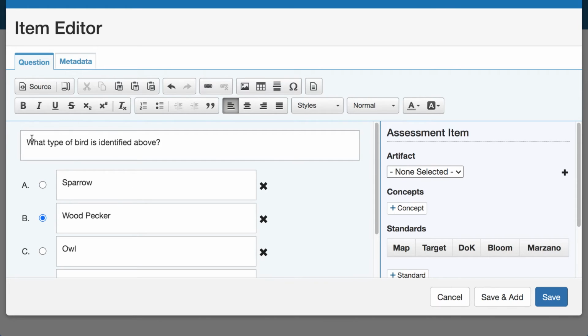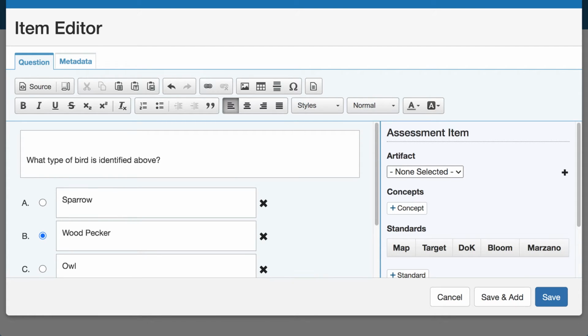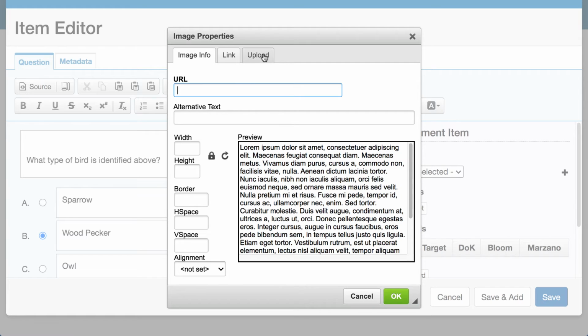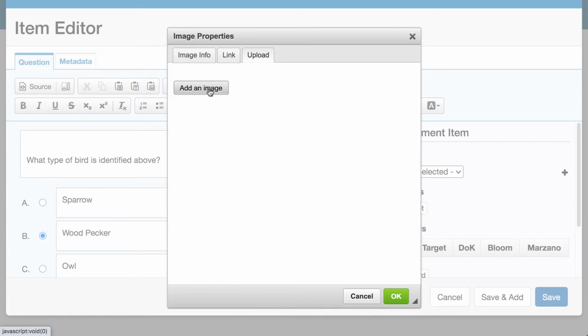But we need the graphic in there. What type of bird is identified above? And so I'm going to add some more space there. And there are two options. I can just simply drag and drop from my computer folder, drag it right into here, and it would upload. But in this case, I'm going to go ahead and do this option. Click the icon for an image, upload, add an image,